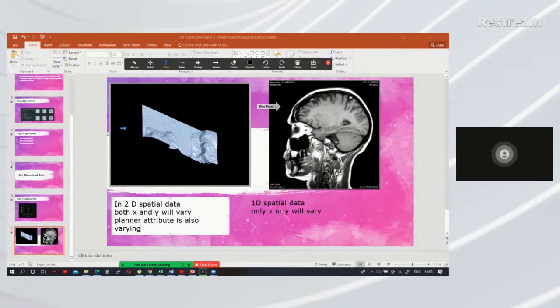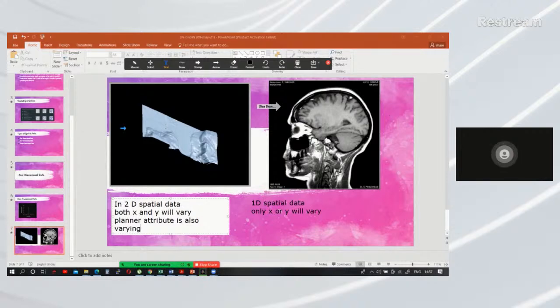So in an engineering perspective, we call it spatial and planars. Whereas on the right side, what you see, there are various types of views in medical representation: spatial, sagittal, coronal, and axial. These are different terminologies in medical terminology, where this also represents the two-dimensional representation, except the axial view,